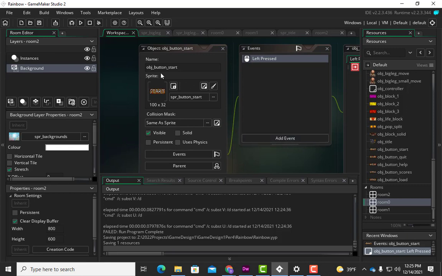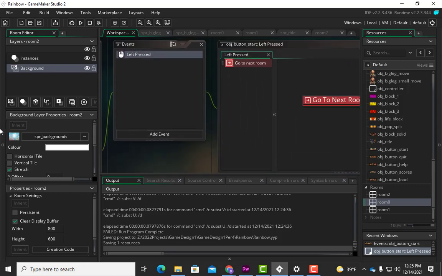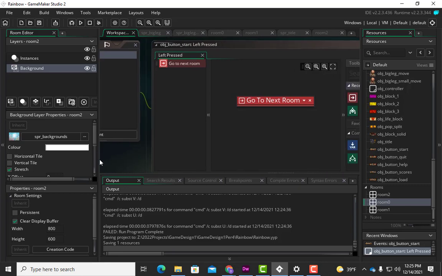Yeah, so just go to Object Button Start. Are you talking about your room order? Yeah, I'll have to come over and help you. Let me finish this part first, though. So let me finish this up, and then I'll come over and help. Okay, so